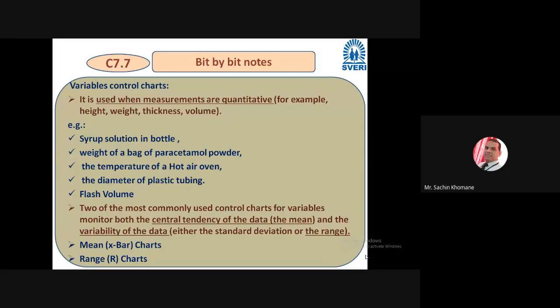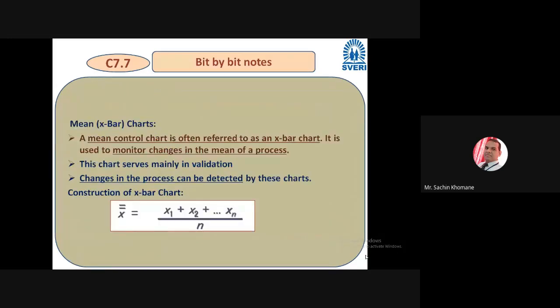We have seen various examples of it, and there are two charts in a variable chart, that is X chart and R chart, right? So if you are doing a mean-based chart, then it may be the X bar chart. And if you are calculating range and drawing the chart, then it is an R chart. Okay. So these two charts we have seen, just its theory. We have understood the construction formula of this X bar chart: x1 plus x2 plus xn divided by n. So you can say it as arithmetic mean.